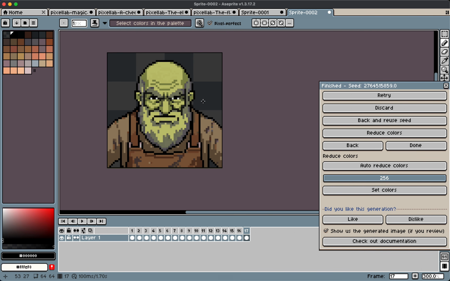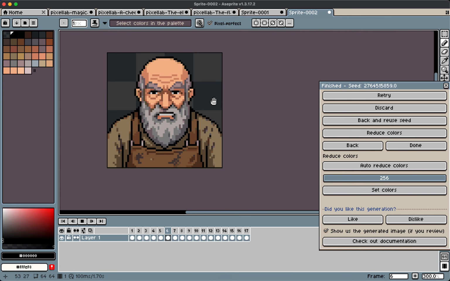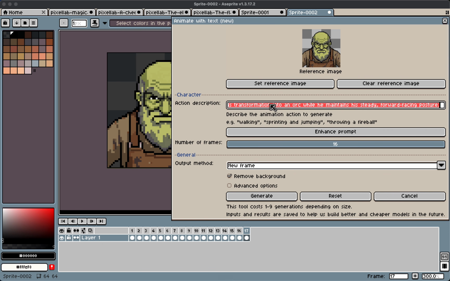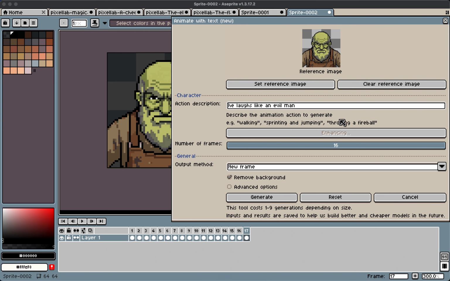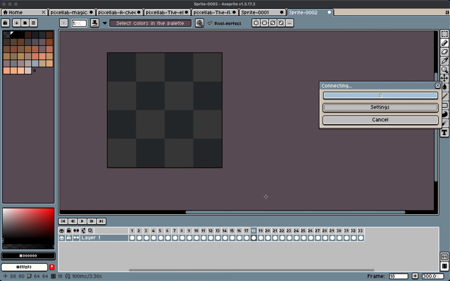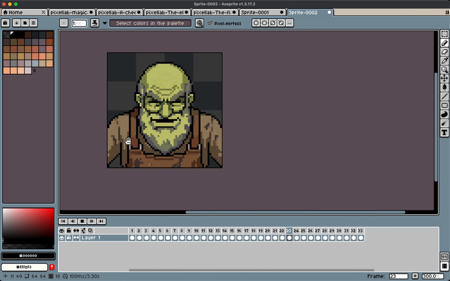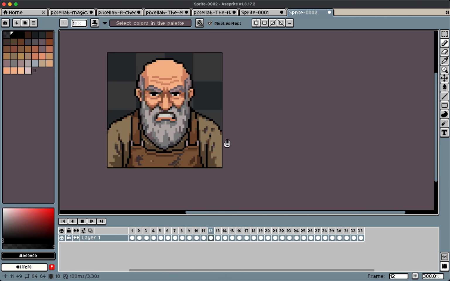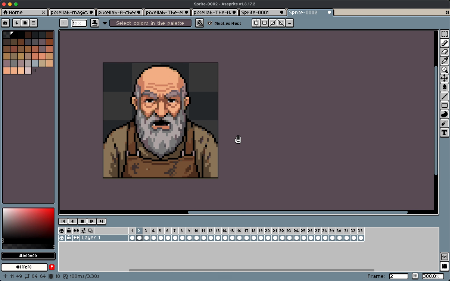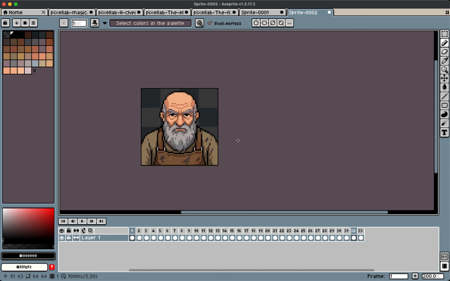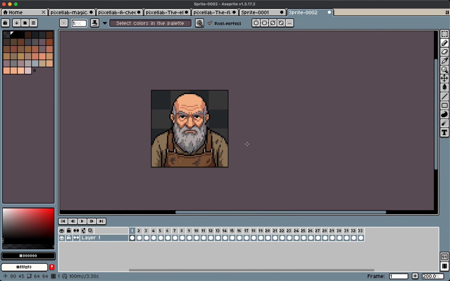Another useful feature is that we can continue an animation by using its final frame as a new reference image. So I'm going to take the last frame of the transformation and set that as the reference. Then I'll prompt, "The orc laughs like an evil man." I'll enhance the prompt and generate again. And now we've extended the sequence. First, the old man transforms into an orc. Then the orc continues into a separate evil laugh animation. You can keep building animations this way by taking the final frame of one generation and using it to begin